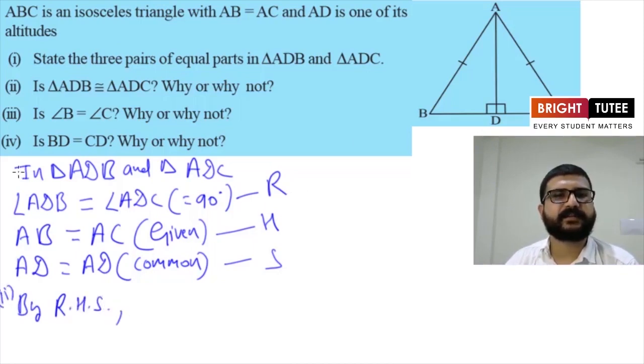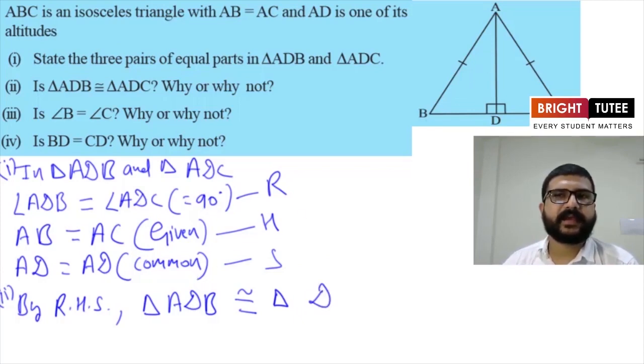this is the second part of the question. This was the first part. So in the second part, we are claiming that by RHS, these two triangles are congruent. So here it is, by RHS, triangle ADB is congruent to triangle. Now again we have to write the order of vertices very carefully. Now here what are the things we are having? We are having angle D equal to angle D. That is, angle D of triangle ADB is equal to angle D of triangle ADC. As we have seen, they both are 90 degrees. So D is in the middle here, so D will come in the middle here as well. And then we are having AD equal to AD, as it is a common side.